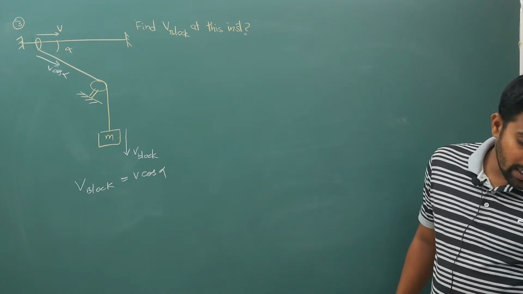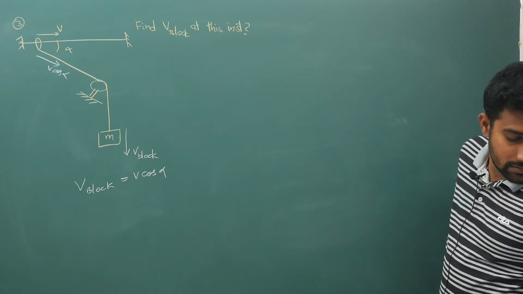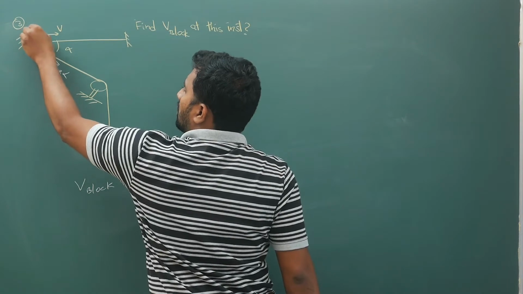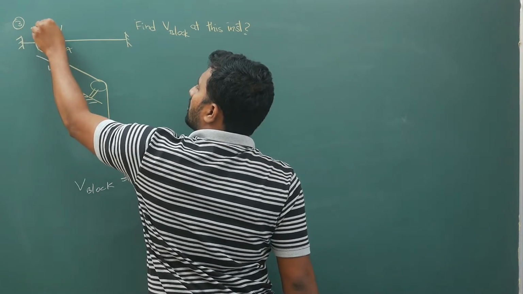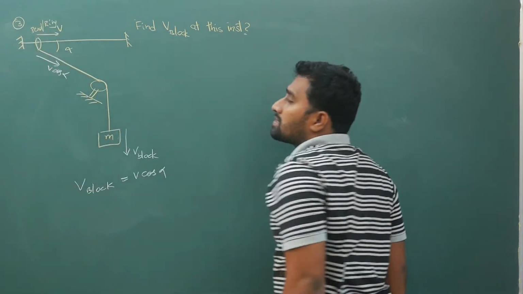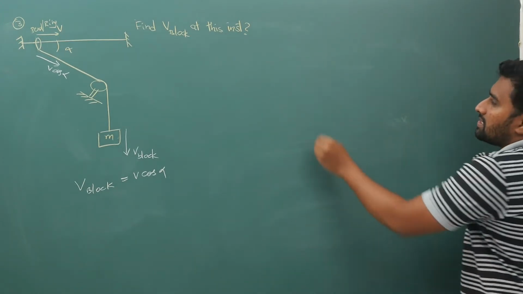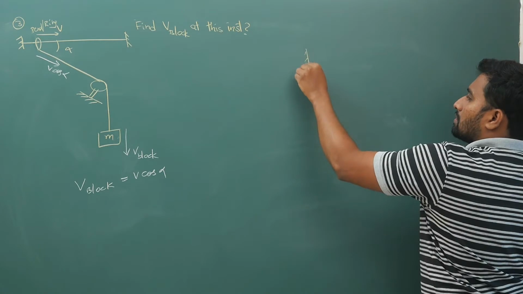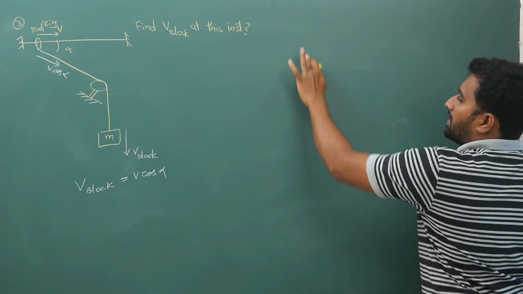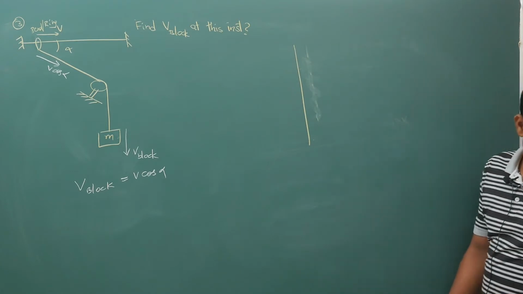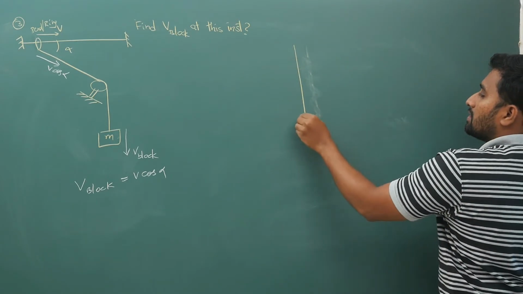Next, your next question is, this is your bead or ring. It is called a bead or ring. It is allowed to slide freely, frictionless. Next, your next question is, in today's class I am picking basic questions. I am not complicating things. Your next part is,